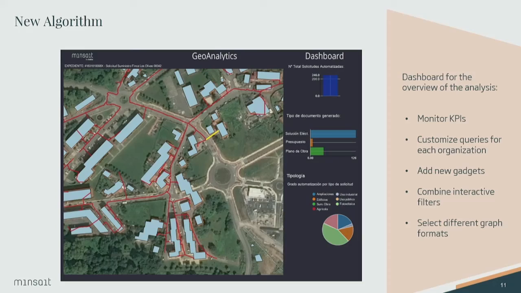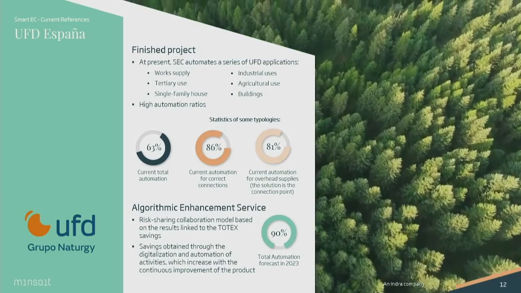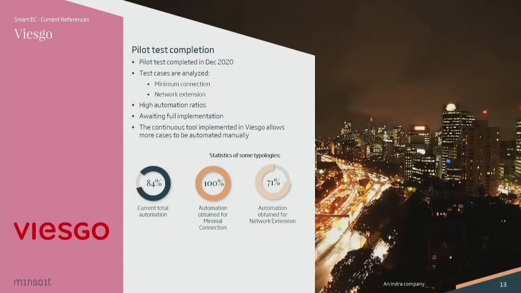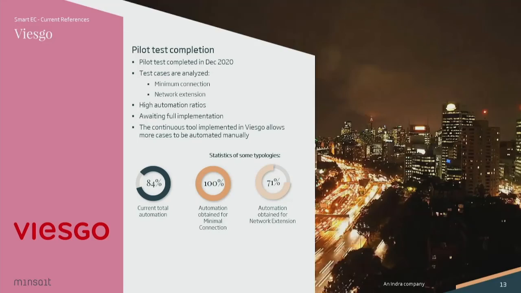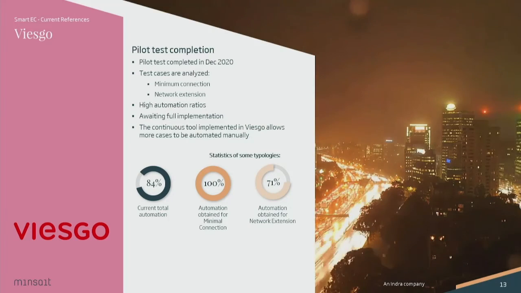A few references. Here's the Union Fenosa distribution in Spain, and you have the number of current total automation, about 63%. 63% of automation of design. These are, work supply, tertiary use, single family house, industrial use, agriculture, and buildings. All the connection requests that they are already processing, right? This is Viesgo, another utility in Spain, 84% of automation of the processes, and these are the test cases that were analyzed. We have Iberdrola here,